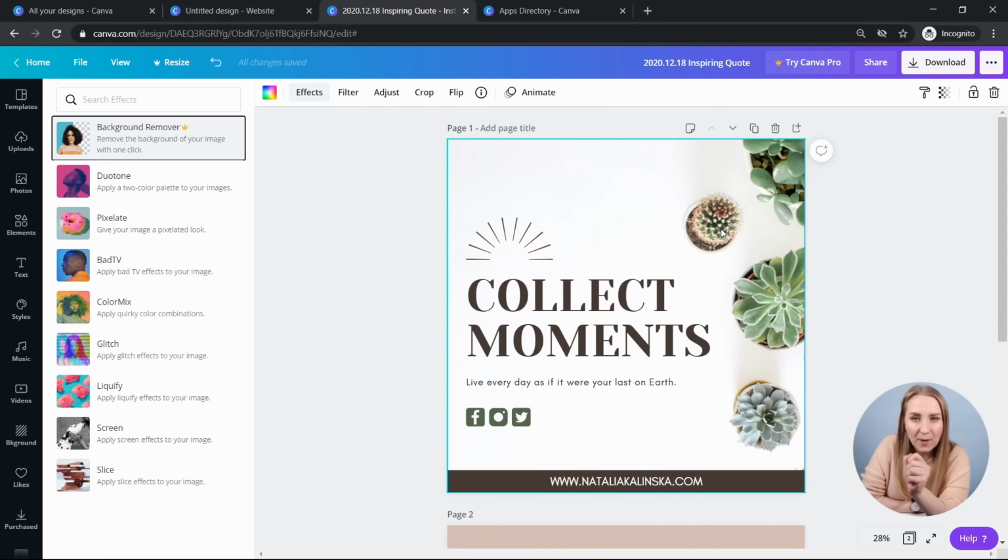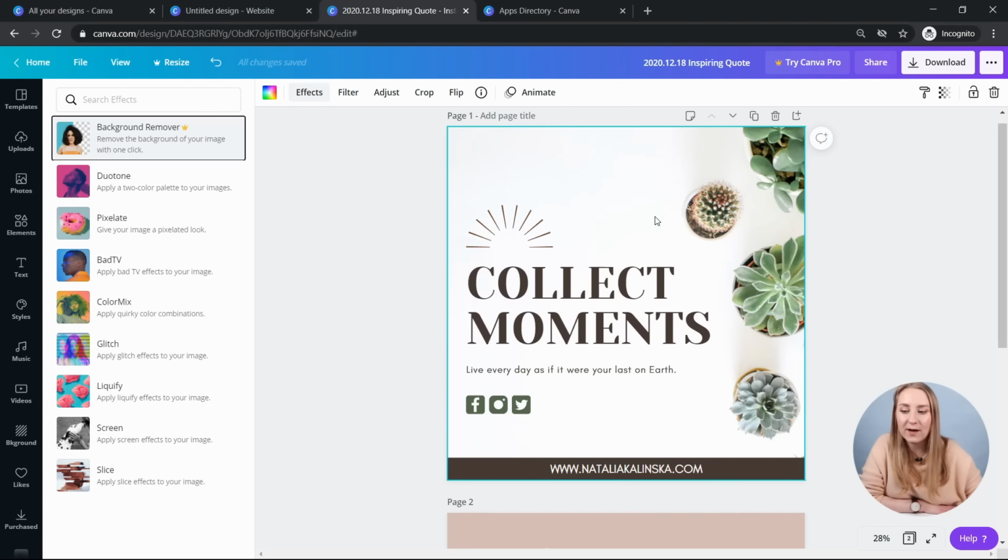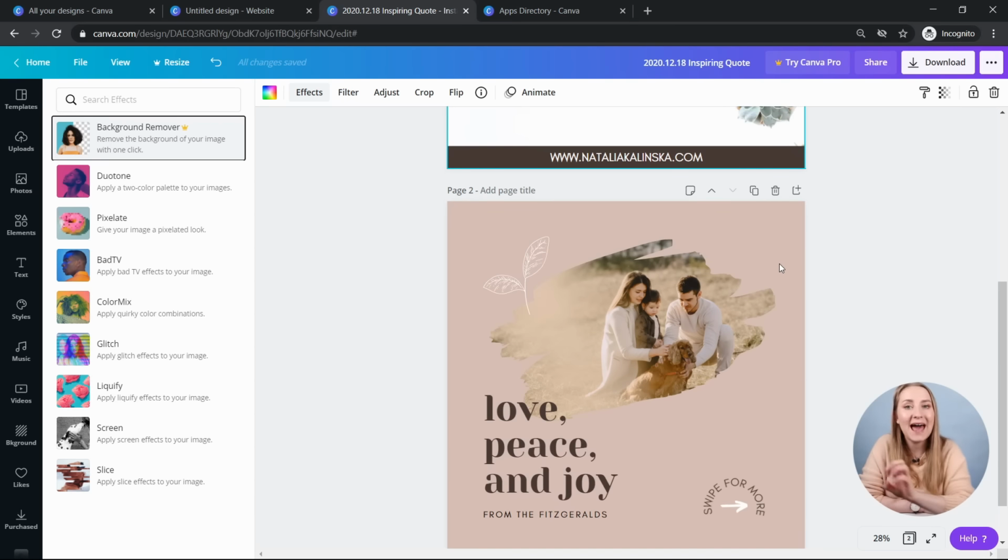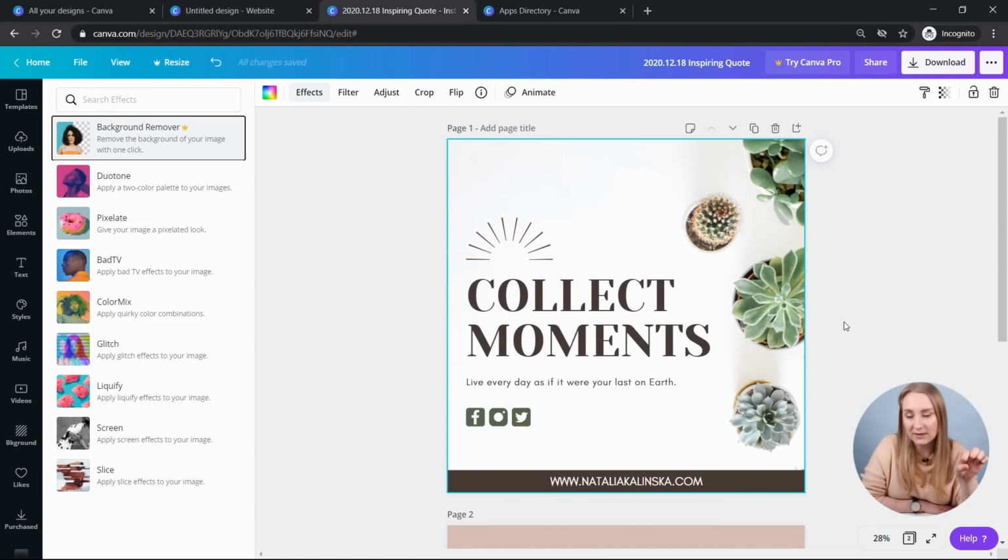I can erase certain parts or add certain parts, and I can add these cacti, these plants, onto, let's say, more of a background like this. And I would just have those elements on top of it. So it's another layer of being able to manipulate different elements.